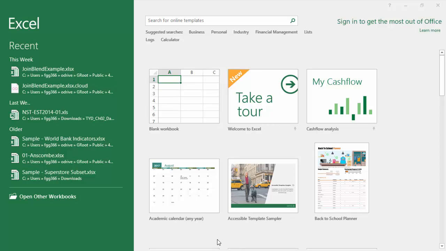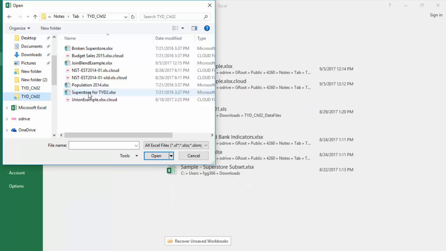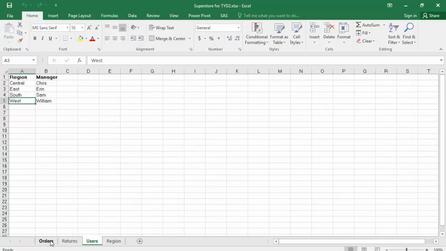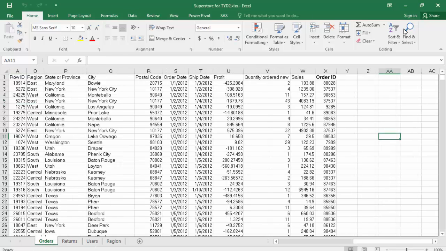Okay, in this example we're going to look at manual blending. So let's first take a look at the data. We've already seen Superstore data before, so it has orders, returns, and users, and